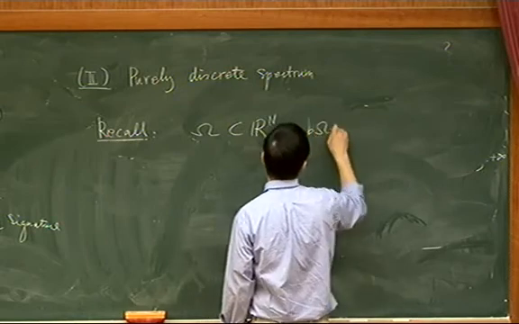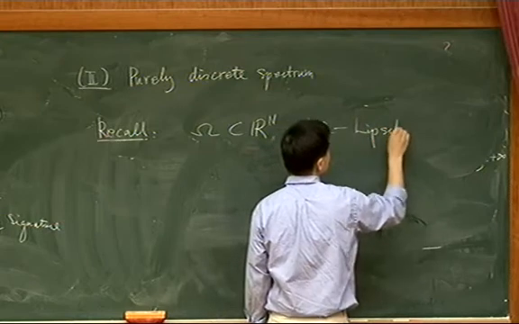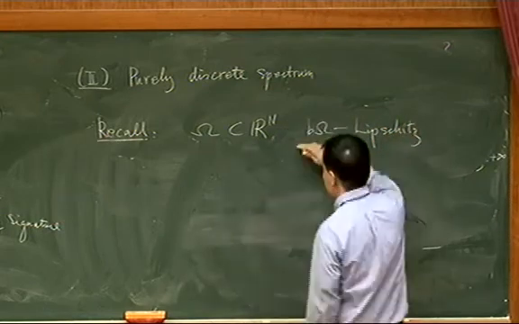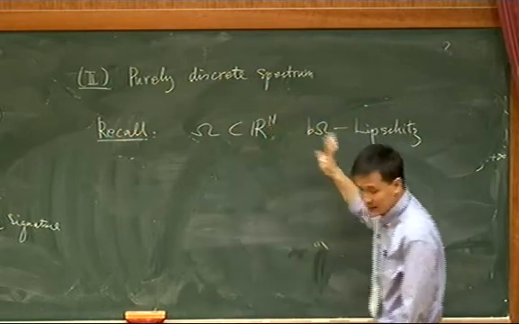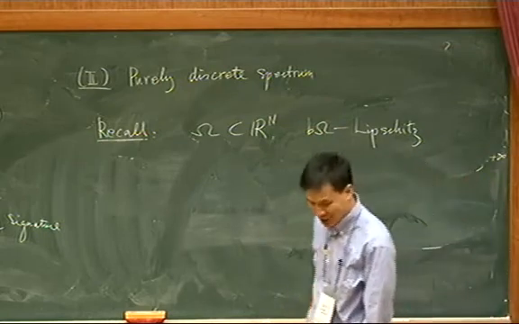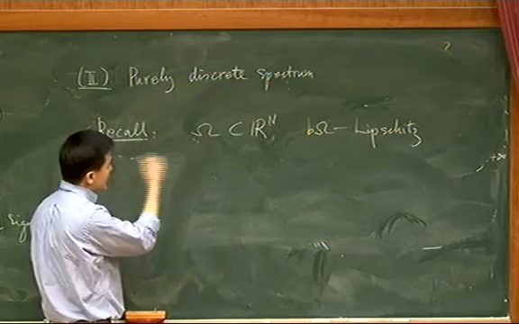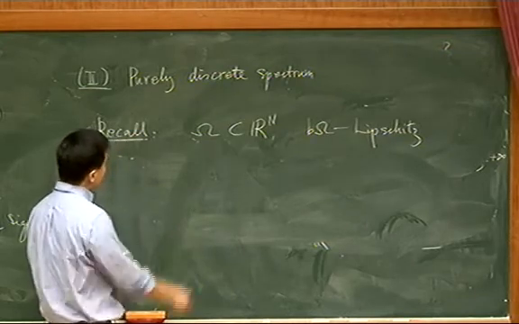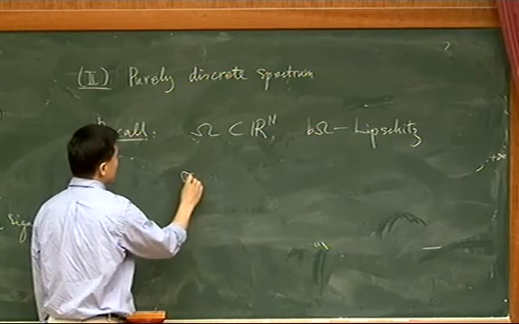Let's assume for simplicity the boundary is Lipschitz. One can weaken this condition. What I talked about in the Dirichlet Laplacian case is nothing new. It's just a simple application of Hardy's inequality, and those are classical results. So then the essential spectrum is empty.